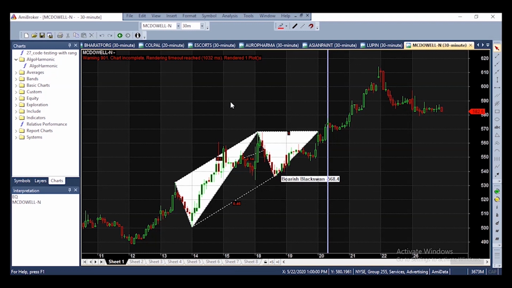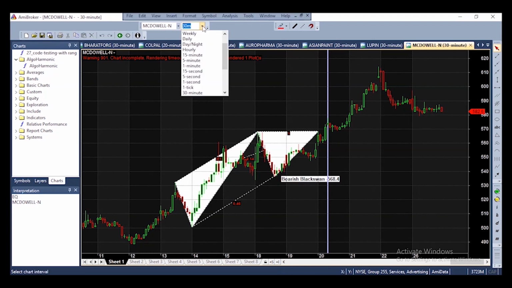And many times I tell you that you can use your custom time frame. What do you mean by custom time frame? See, here there is a drop down. Here you can use whatever time frame you want: daily, hourly, 15 minutes, 5 minutes, 1 minute, 15 seconds, 1 second, whatever time frame you use, our algo harmonics will try to generate a call for you. But whether it will work or not, you have to find out by doing backtesting or by live market.